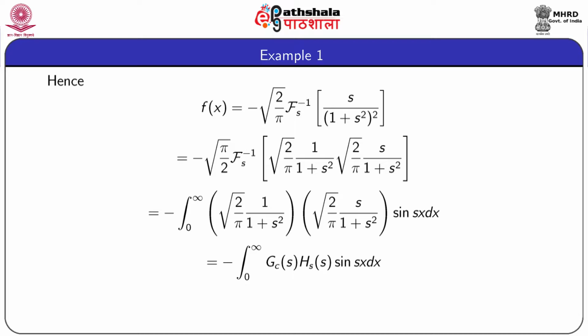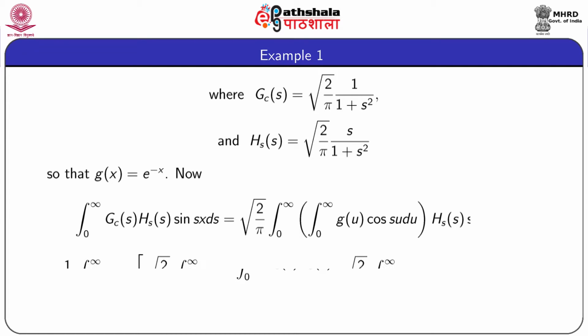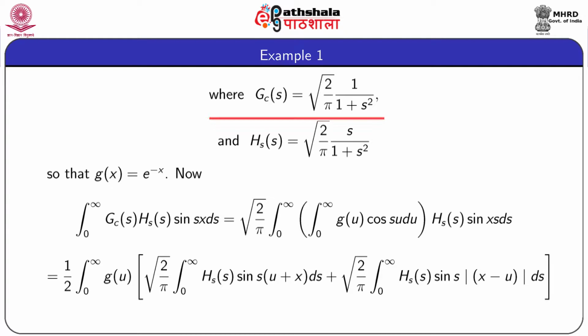If we call this integral as capital G and this integral as capital H, then we obtain f(x) equal to minus integral 0 to infinity capital G(s) into capital H(s) sine s x dx, where capital G is root over 2 by pi 1 by 1 plus s square and capital H is root over 2 by pi s by 1 plus s square. Now, we know that